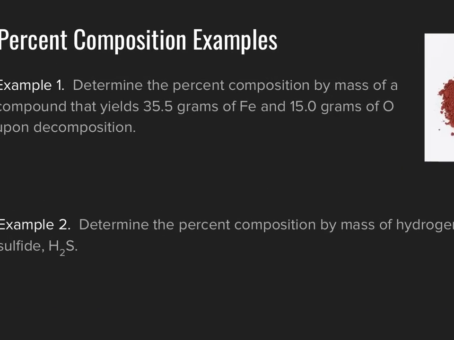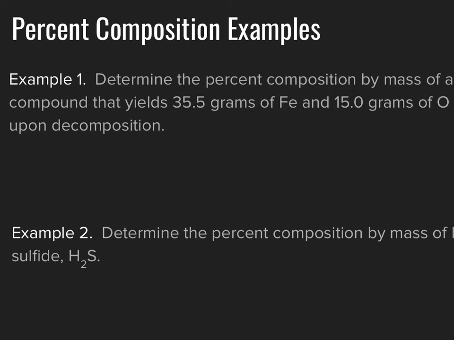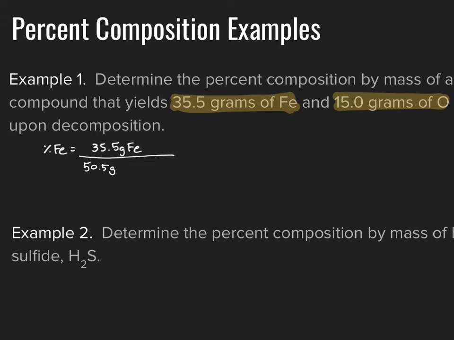All I have to do is to take the mass of each individual element, starting with iron, of 35.5 grams of iron, and divide it by the total mass of the substance that we must have started with. And to find that, using simply conservation of matter, I could add together the 35.5 grams of iron and 15 grams of oxygen to tell me that the initial compound must have had a mass of 50.5 grams. So 35.5 grams divided by 50.5 grams total, multiplying that by 100% gives me my percentage of iron in this compound that turns out to be